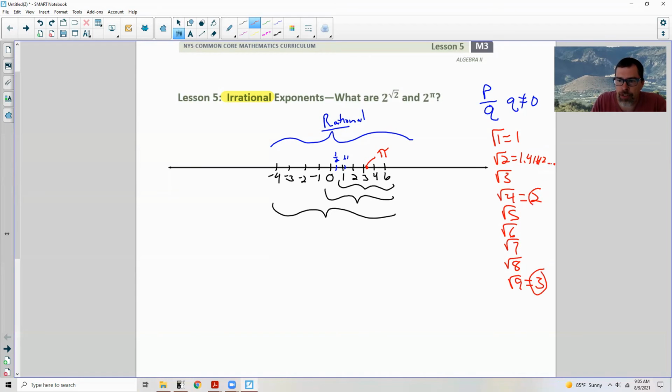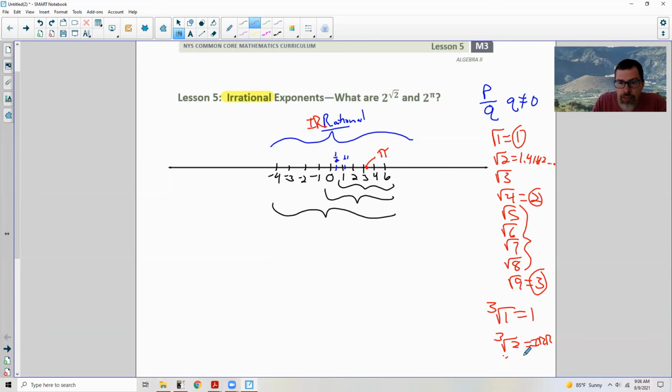So what I'm pointing out here is perfect squares are natural numbers. They're whole numbers. They're integers. Non-perfect squares, everything in between the perfect squares, are irrational numbers. And I could also say the cube root of 1 is 1. The cube root of 2 is irrational. The cube root of 3, the cube root of 4, the cube root of 5, 6, 7, 8,